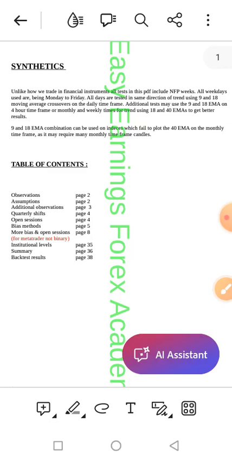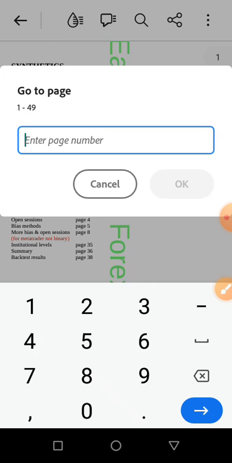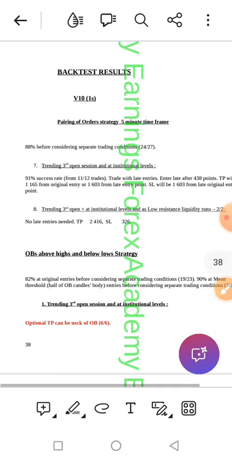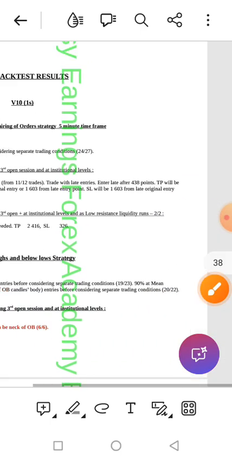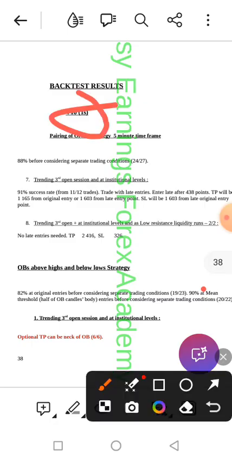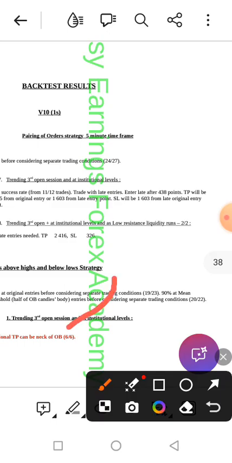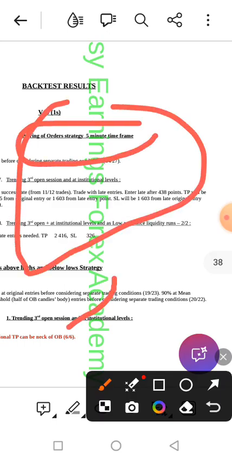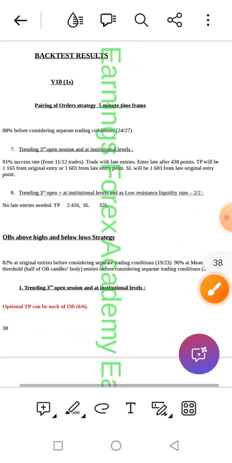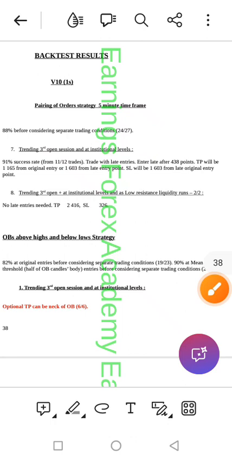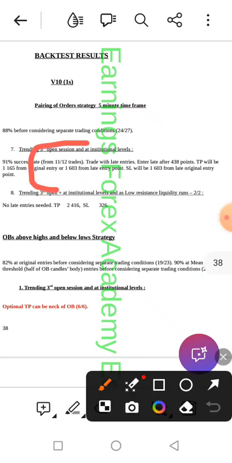So on the backtest results, that is there on page 38. Okay, so these were for the V10 one synthetic index. These ones were for the pairing of order strategy. Okay, and you can see that before considering separate trading conditions, it was 24 out of 27, but you can then see that now when including risk reward to the trades, I was no longer making